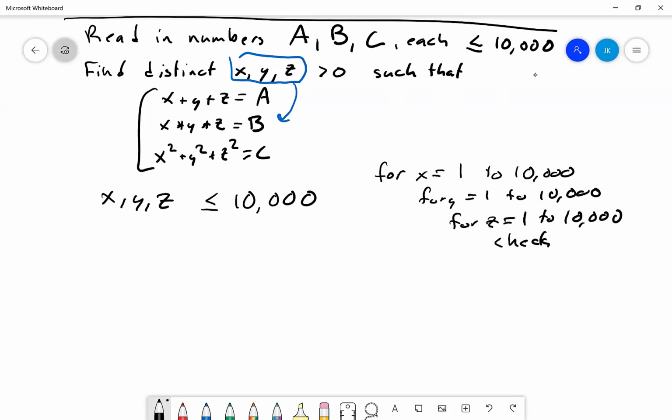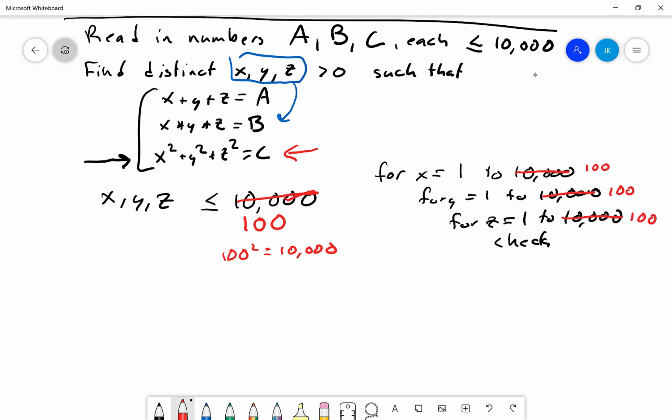In fact, if we look right here at this condition C, we can think about that a little bit and say, well, actually, our limits can't go up to 10,000. What we can say is that these are no bigger than 100, because 100 squared is going to be 10,000. And notice that since C is no bigger than 10,000, none of X, Y, or Z can be bigger than 100. And so we can reduce this to loops that go from 1 to 100,